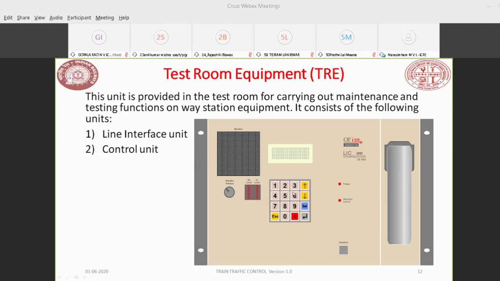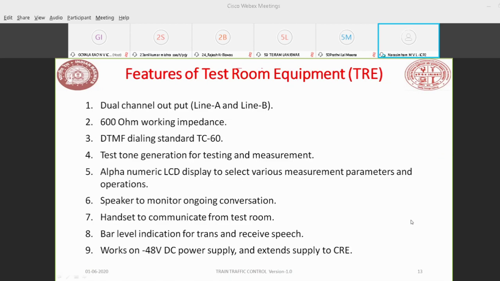So through this dial pad, you can do diagnosis testing, and you can give some commands. You can control your RP equipment, and you can use your loading of CRE equipment through these menus. You can use these up and down arrows for going through your menu, and you can select the particular option, and you can activate the function through the activation button. So this is the handset for speech.